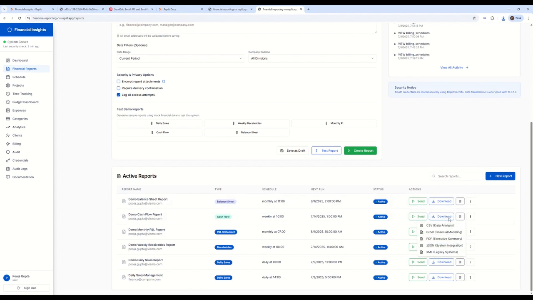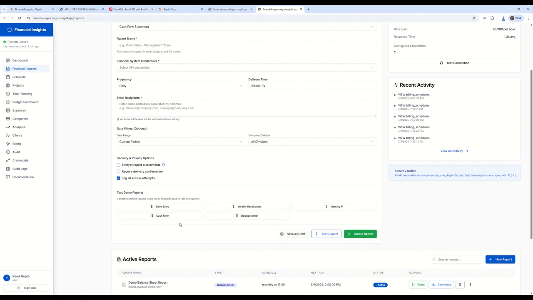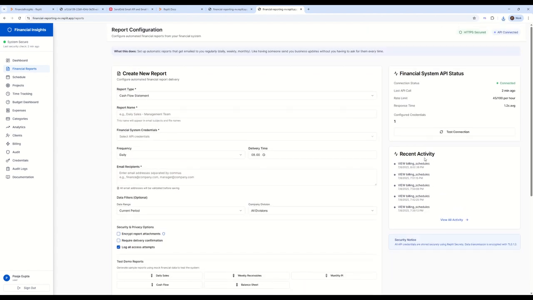Let's see how this works. I can click for something else, maybe the cash flow report, and once again I save it, I open it, and that's how the CSV file looks. I haven't tried to really verify the data, so you might notice things, but this is more of a POC. I checked the other formats also, and the format was good enough. So basically these are some sample auto-generated demo reports, and you can create your own reports as well, and it should also give you